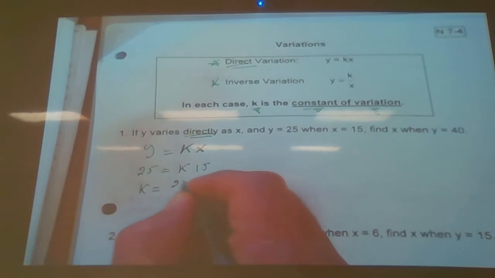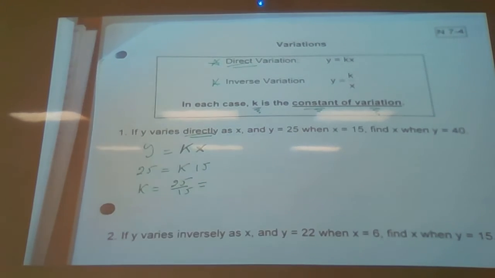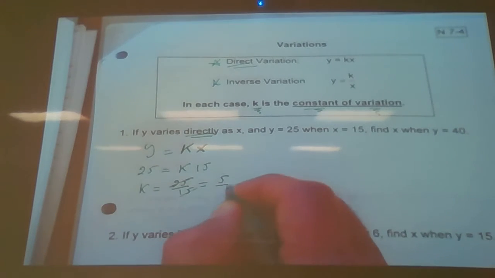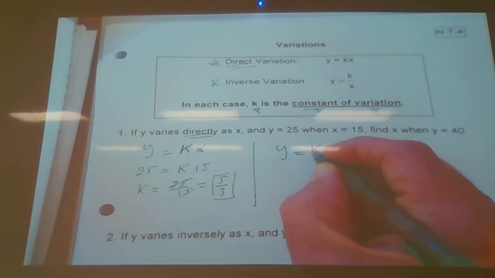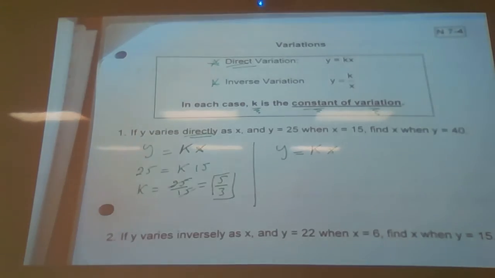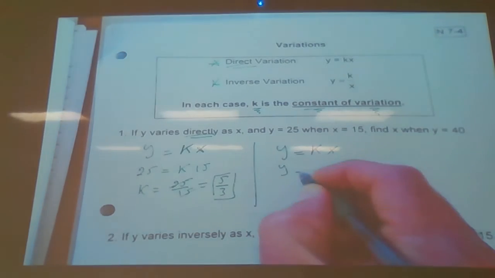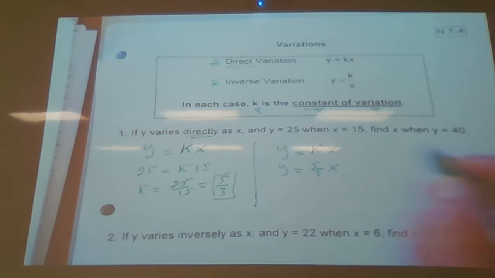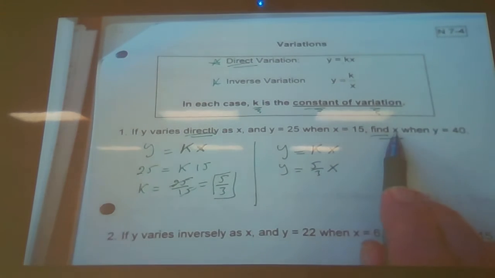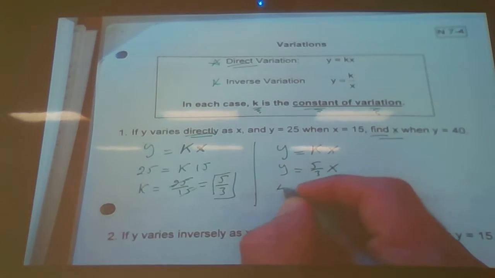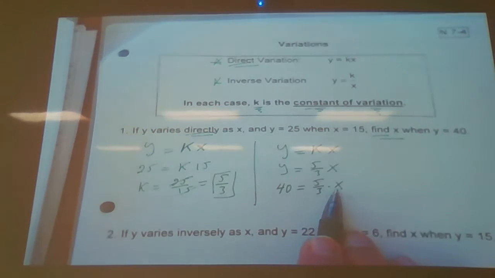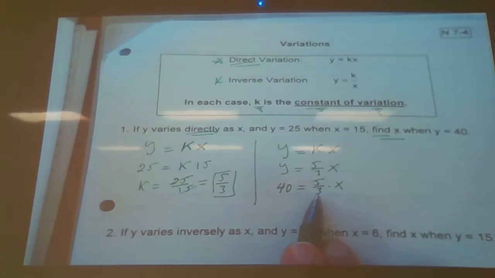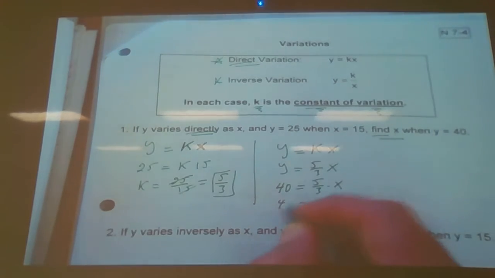In this case, 25 divided by 15. If you simplify by 5, that's 5 over 3. Once you find k, you rewrite your direct variation expression and plug in for the k you found. Now read the question. We're looking for x when y is 40. So we're going to plug in 40 for y, 5 over 3 times x. I'm looking for x, so I need to take care of the 5/3. So I'm going to multiply by the reciprocal, which is 3 over 5